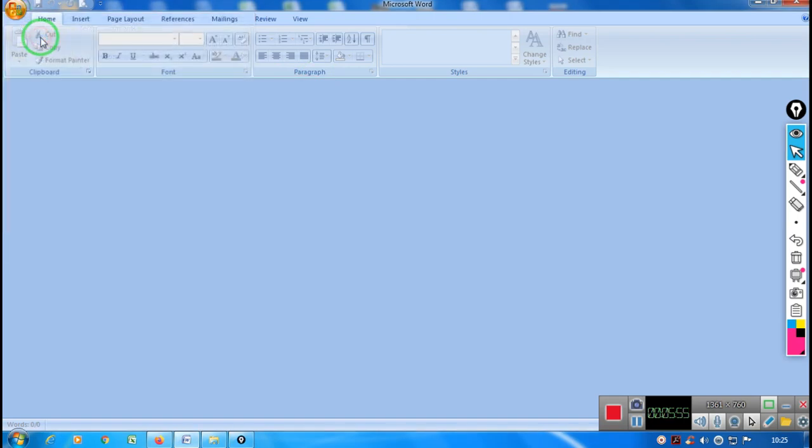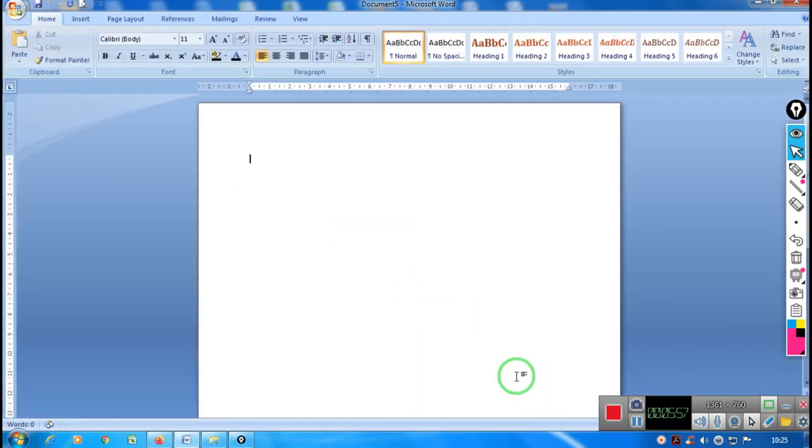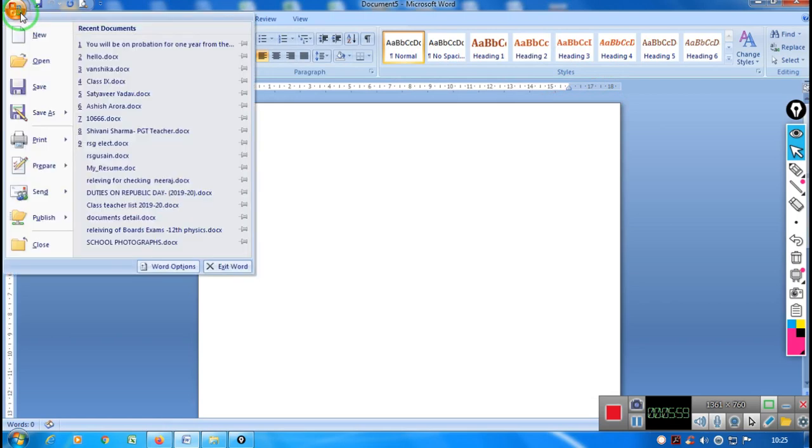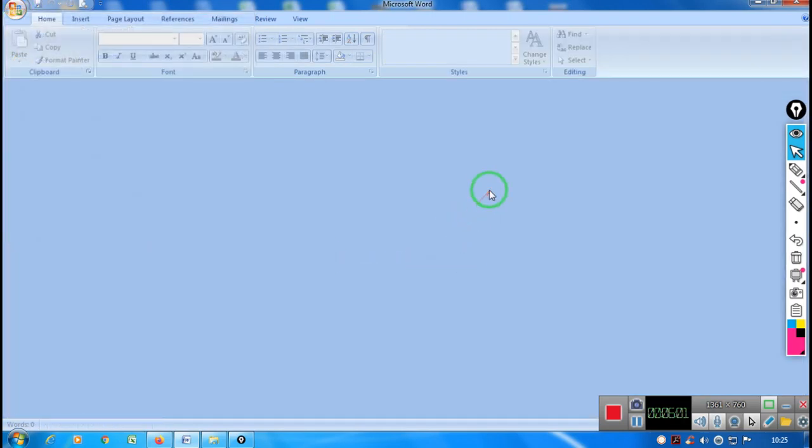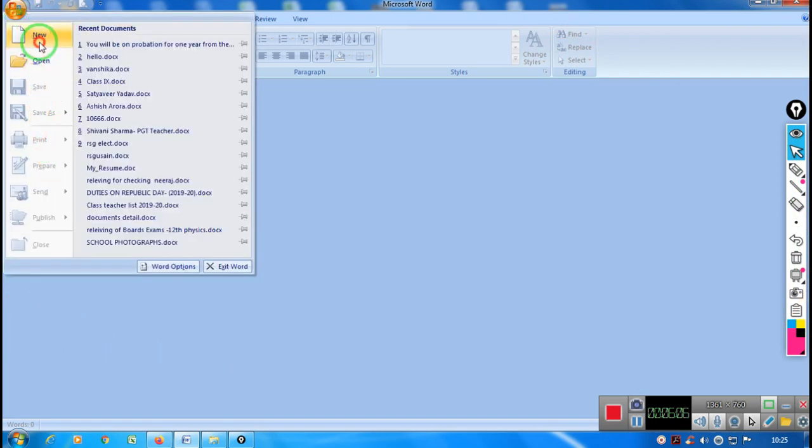Okay, I will choose the option New. A new file is opened again in the same application. I will choose the option File, Close. Only the file will get closed, the application, that is MS Word, will not get closed. But if I choose the option